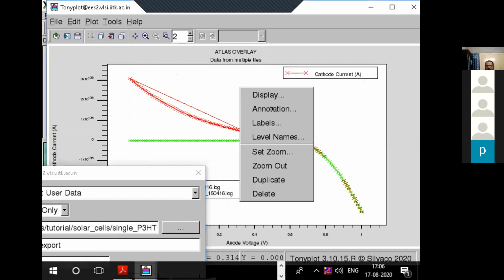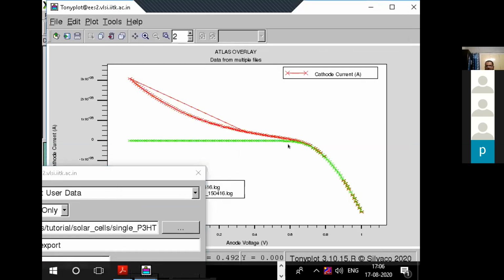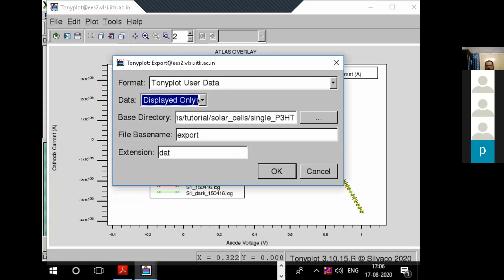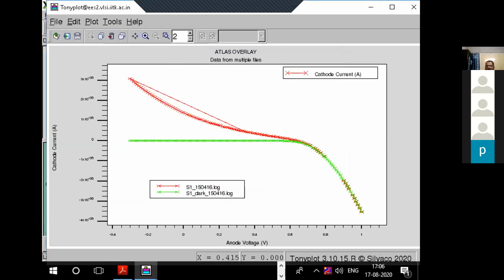But we knew that there were a lot of other parameters also. So if you wanted to have the values of other parameters also, then you have to use all data or display data. Now here is the directory where they will be saved. Right now the same directory is there where we had the code, and you can name it. So I am naming it output 1. The extension is DAT. Once I do it, it gets exported into the directory of the Unix software, the server software.